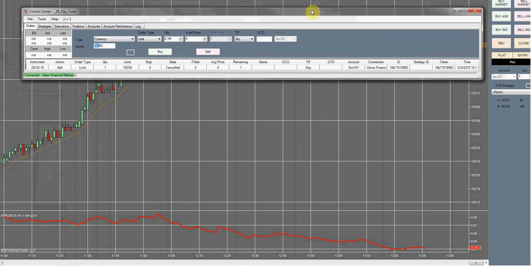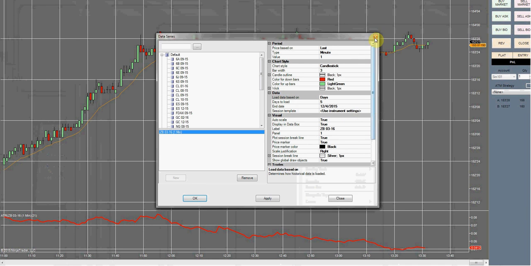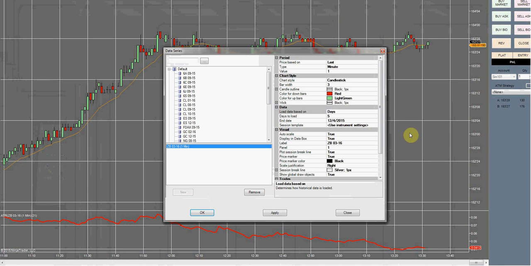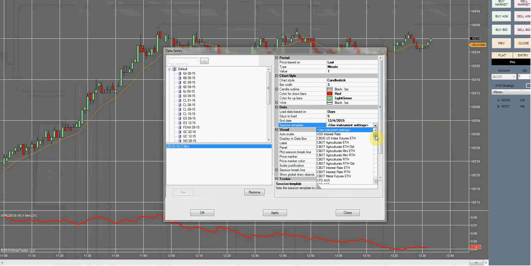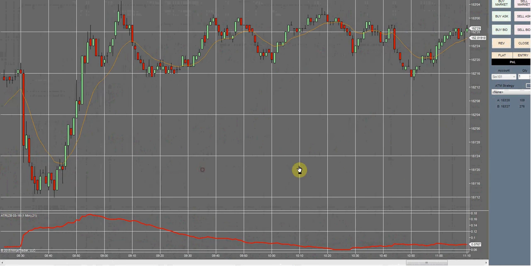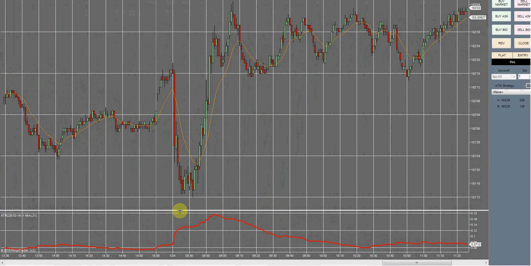And there was one other thing. Let me see here. All right, when you guys actually get in here and start, where's it at? Data series. All right, the system is based around the open and the close. This is not something you're going to use with the 24-hour chart. So you basically just come in here to session template, and then go into CBOT interest rate RTH, and then click OK. And that will actually, I believe, start it at the market open, as you guys can see here,